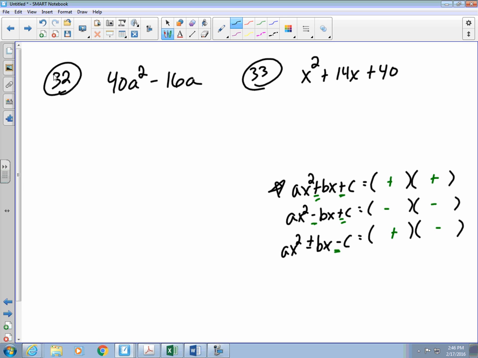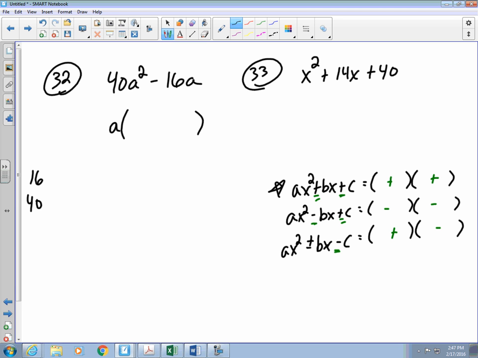Now, greatest common factor. All right, so what do they have in common? Well, they definitely have an A in common, so I definitely can pull that out, as they both have an A. They both do not have two A's. The 40A squared has two A's, but the 16A only has one. So the only thing they have in common is one single A. Now, between 40 and 16, what is the greatest